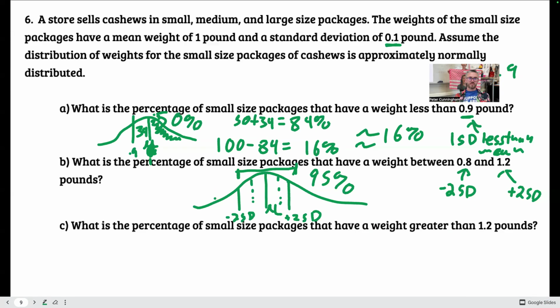So if you have the left side of there, on your normal curve, there is to the right of plus 2 standard deviations, and you go up 2 standard deviations, right? You're going to have